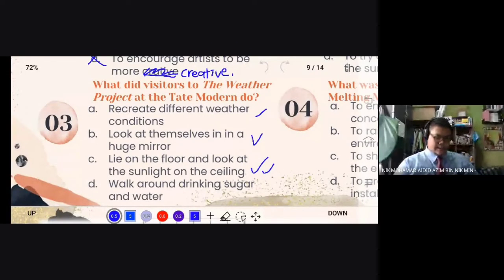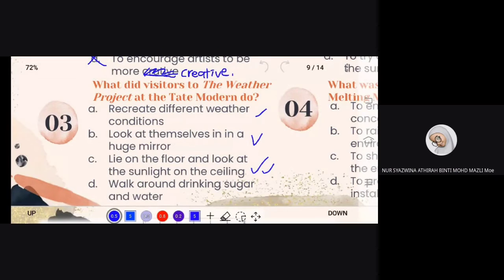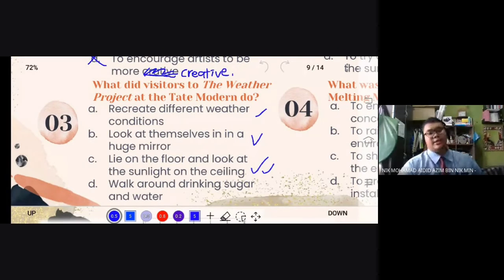Okay, the first one, to recreate different weather conditions. Are you sure the weather project is to show different weather conditions? No, right? Because we can see the picture itself and the statement itself. There is no changing of weather, right?